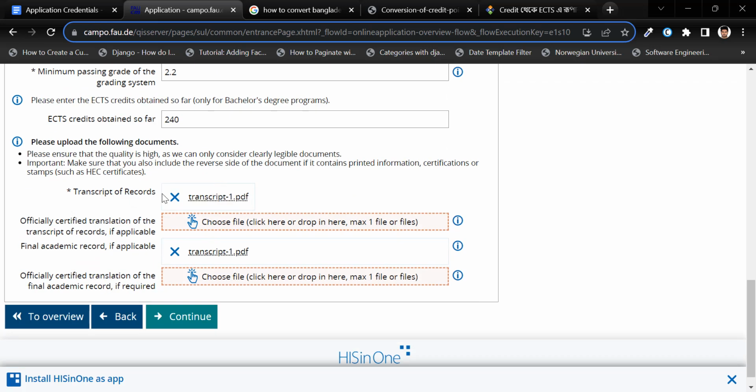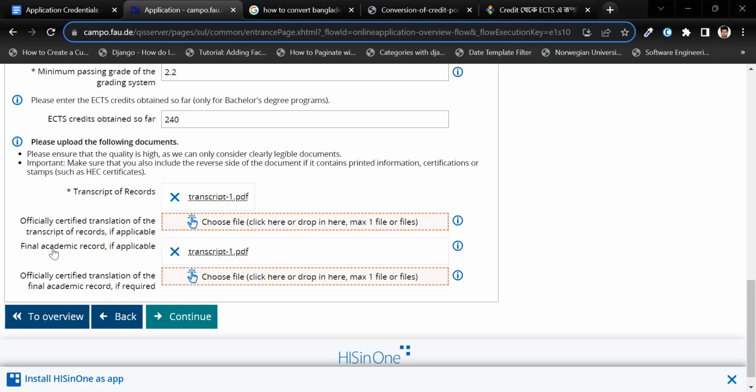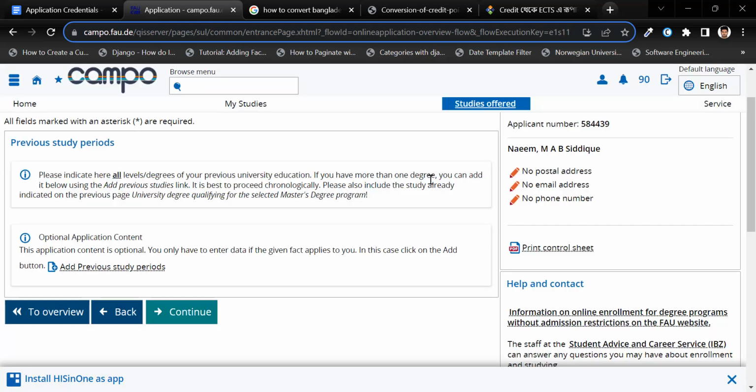Now select the file transcript of your record. Please make sure they have some file size restrictions, so you follow them, and final academic record if applicable. So I have selected 2 of these files, and if you need any translation of this document, please upload here and hit continue. If you have more than 1 degree, you can add it below using the add previous